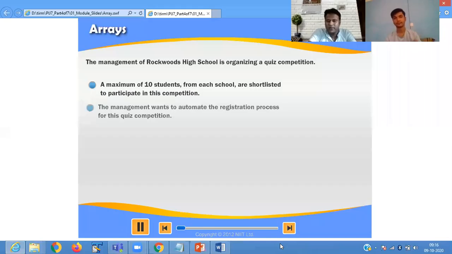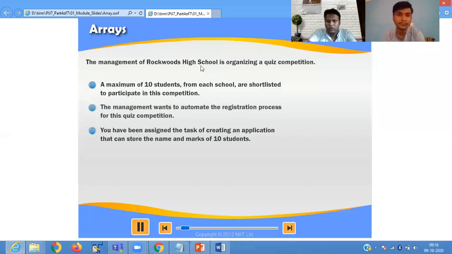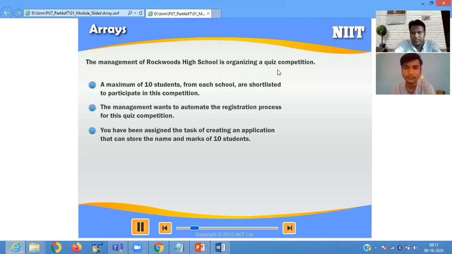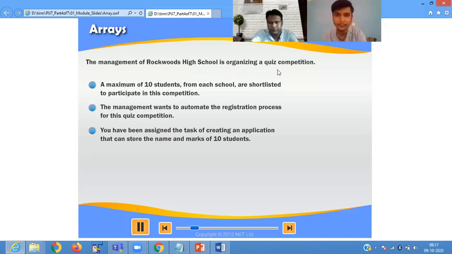The management of Rockwood High School is organizing a quiz competition. A maximum of 10 students from each school are shortlisted to participate in the competition.